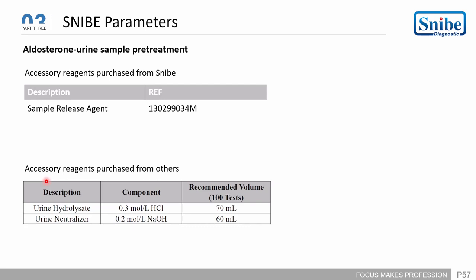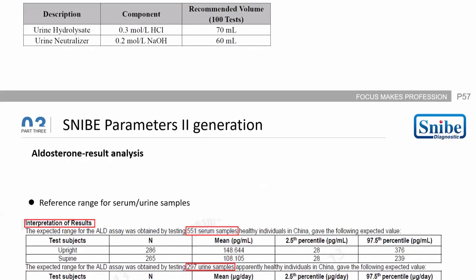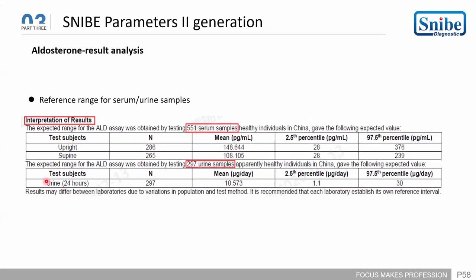They have also provided the purchase order for the urine hydrolyzers and neutralizers. The aldosterone result analysis depends upon the interpretation of the results of apparently healthy individuals in China. The number is 555 serum samples, and 297 urine samples from apparently healthy individuals in China. The urine samples have a mean value of 10.57, and the 97.5 percentile is 30 microgram